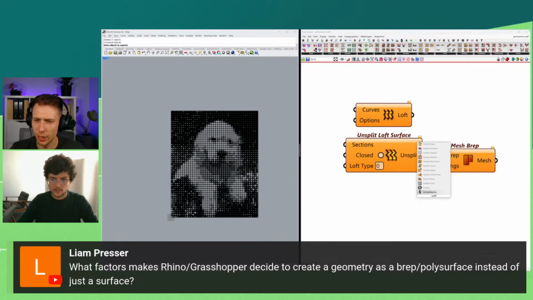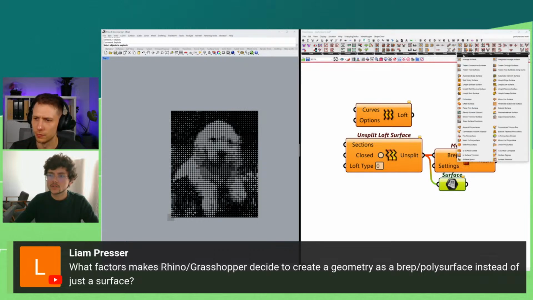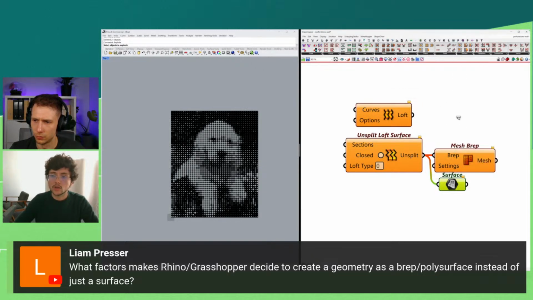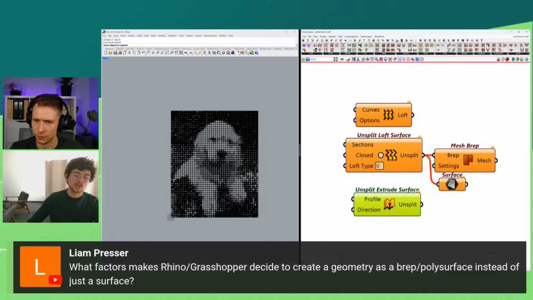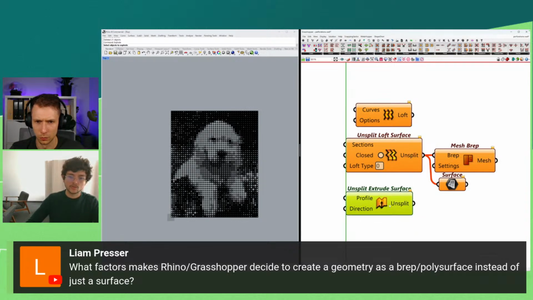It's in Pufferfish, in the surface section, the unsplit loft surface, and they have similar ones for other things like unsplit extrude surface. All of these will always explicitly create a surface. Now you need to check your use case, it's always a matter of use case.